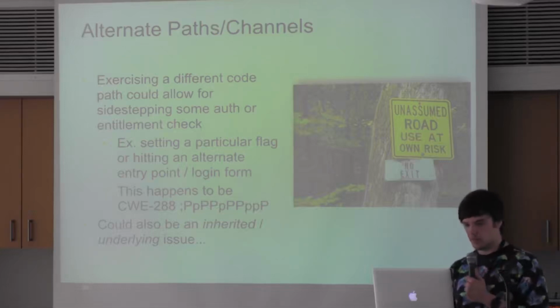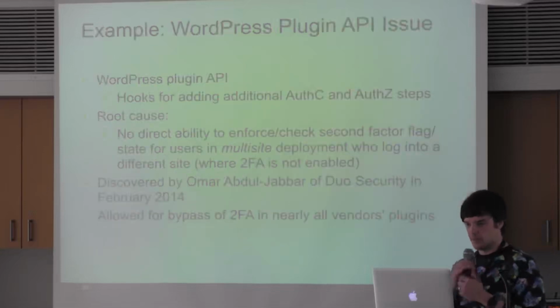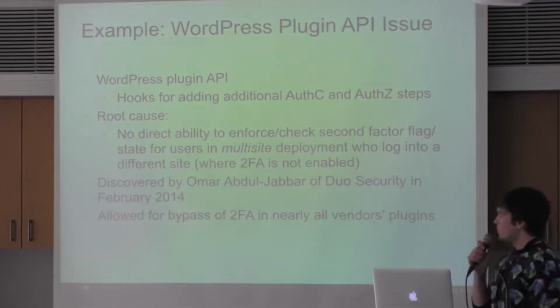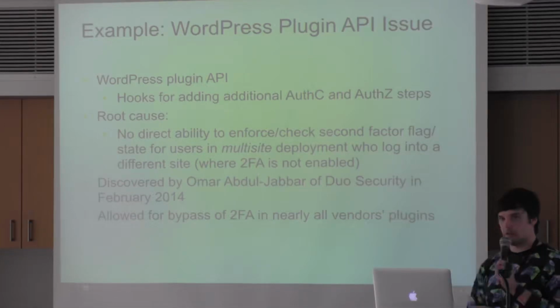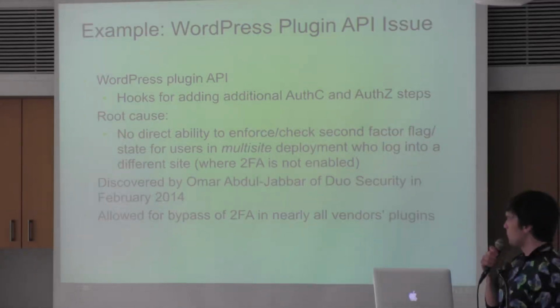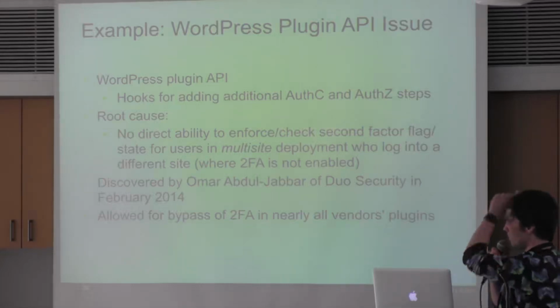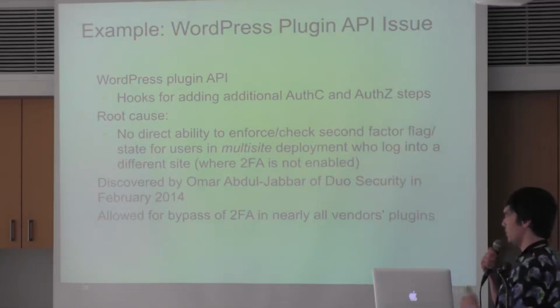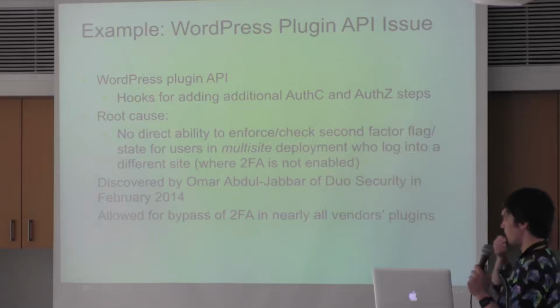In this case, the example was the WordPress plugin API. You're probably familiar with this: WordPress has plugins. There are hooks around authentication and authorization, and you can basically shim yourself in to do additional checks, such as second factor of auth. What happened was Omar Abdul-Jabbar, who I worked with at Duo and who was responsible for maintaining the WordPress integration, amongst other things, discovered that